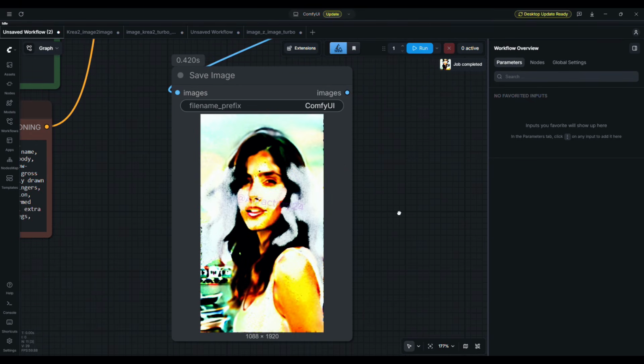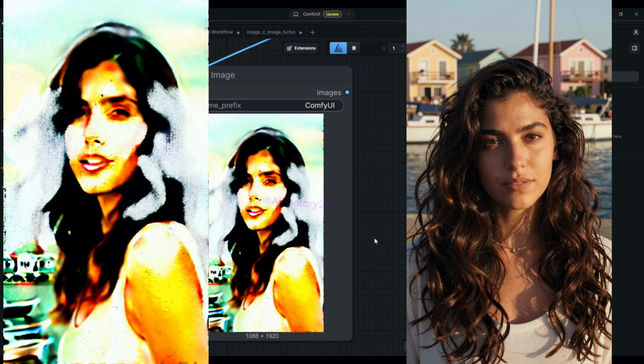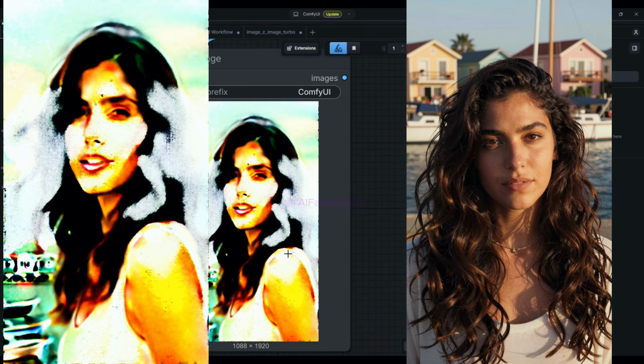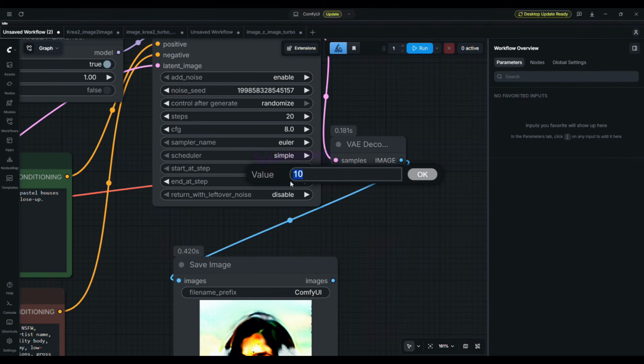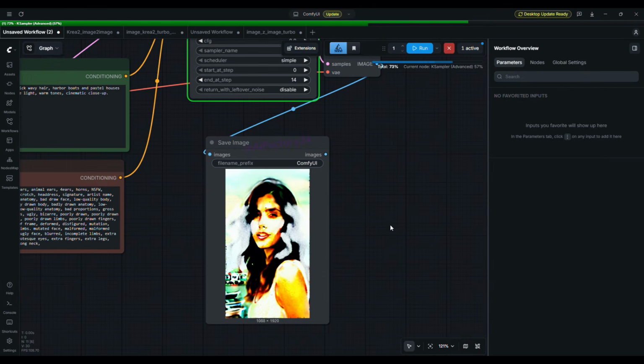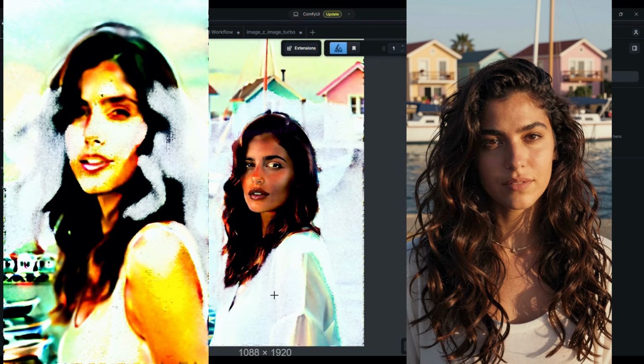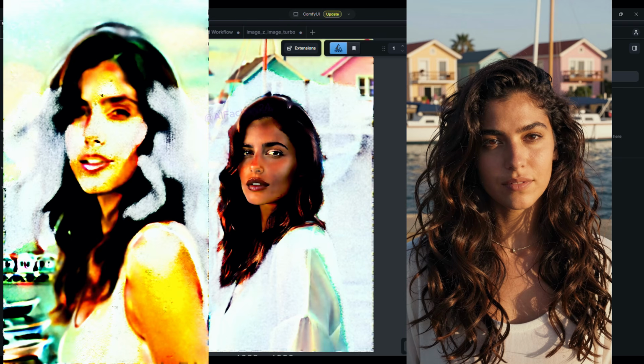With this setting, the overall facial structure remains recognizable, but the facial details, skin tone, and lighting are reshaped. The hairstyle and background layout are still identifiable. Steps is 20, CFG is 8, end at step is 14. Here, the pose, face shape, and facial features change much more dramatically, and the output aligns more closely with the